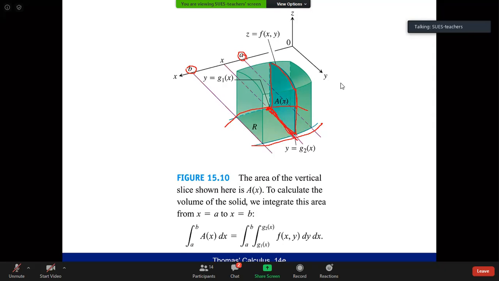How long is this segment? The minimum is from g1(x), the maximum is from g2(x). So g1(x) and g2(x) are actually these two curves and the projection, okay? The projection on the XY plane is there. So we have two different functions, g1(x) and g2(x), and the length of y is restricted by g1(x) and g2(x). So the area here,